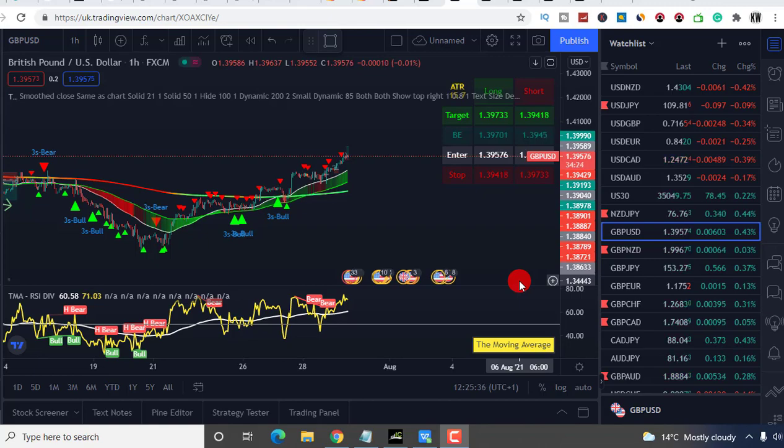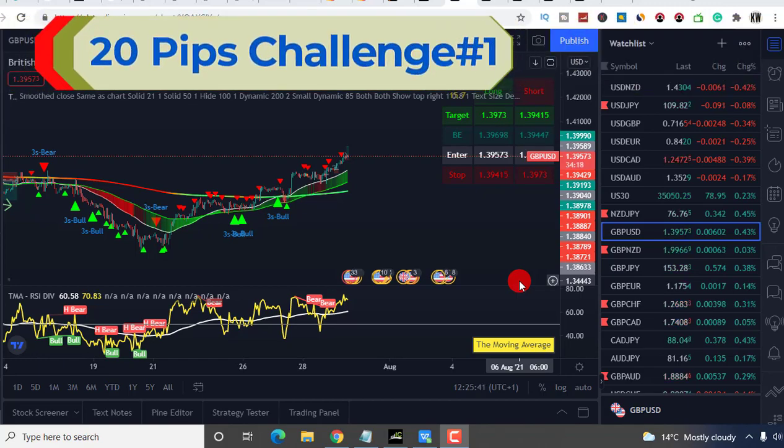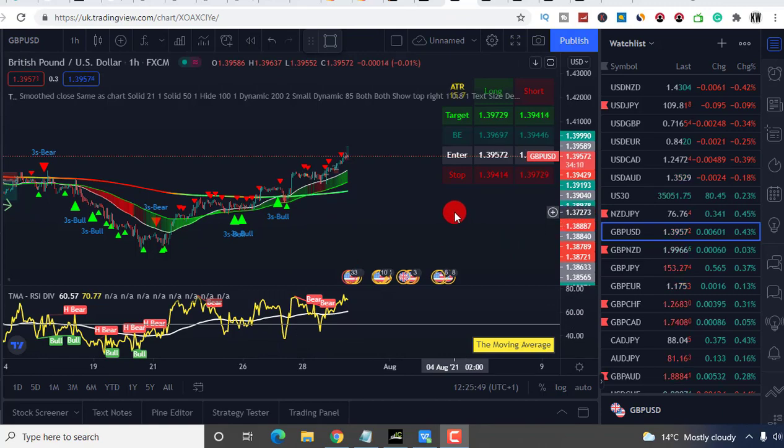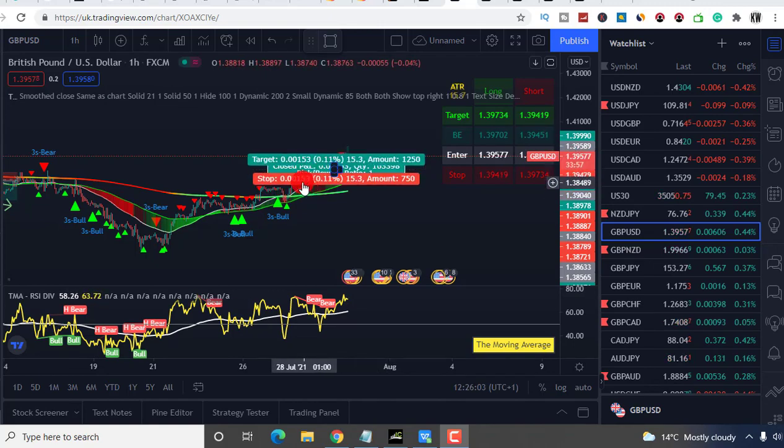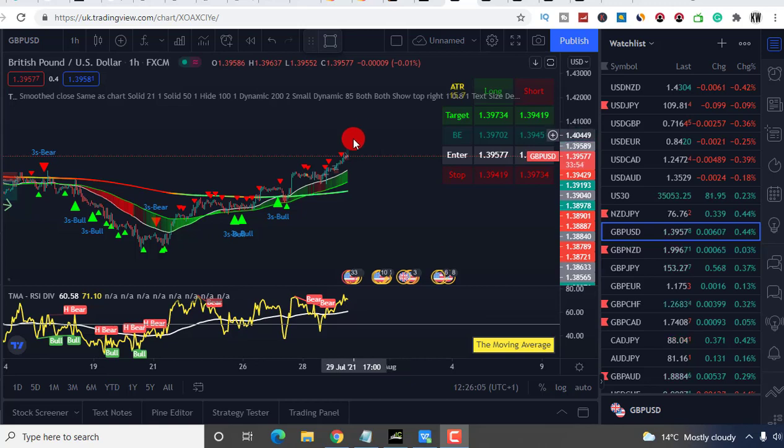pips. So there is a kind of challenge going around, especially on YouTube. I got it from a guy who I got this indicators from as well, from YouTube, and basically I'm trying to catch 20 pips, not more, not less. It can be slightly around it. It really doesn't matter, because obviously the longer the trend goes in your favor, the longer you wait, you're gonna catch more pips. But we're just gonna aim for 20 pips as much as we can, and try to